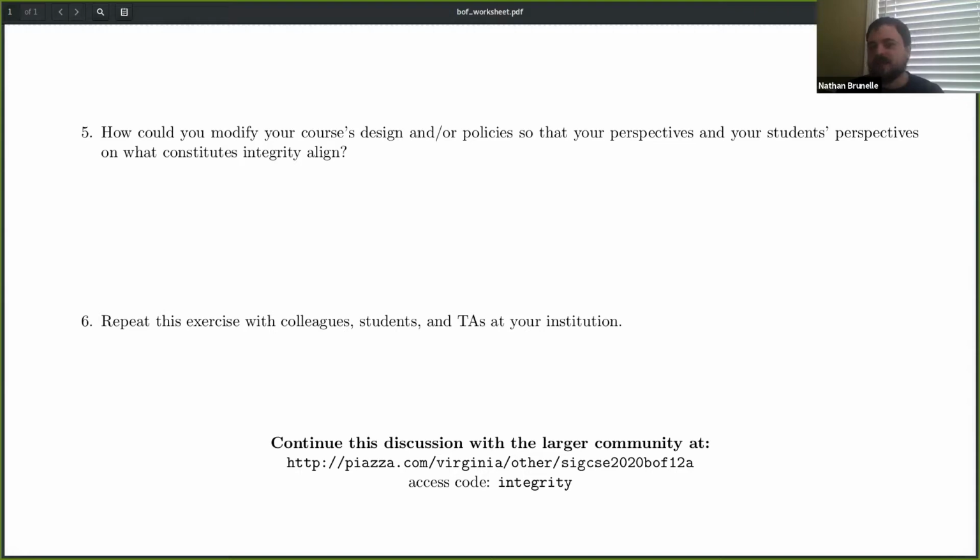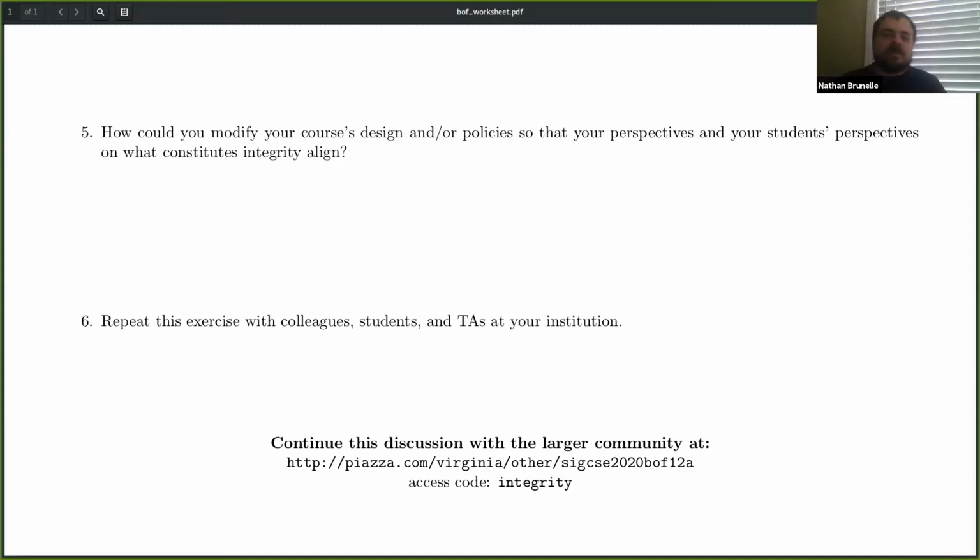And then, keeping these things in mind, maybe there are some changes that you could make to your course's design. If you think there are certain legitimate reasons a student might violate your policy, maybe it's worthwhile to consider updating your policy to accommodate that, or else change the design for how assignments are working, so that that issue no longer arises. You no longer have a student who feels compelled to make this impossible choice.